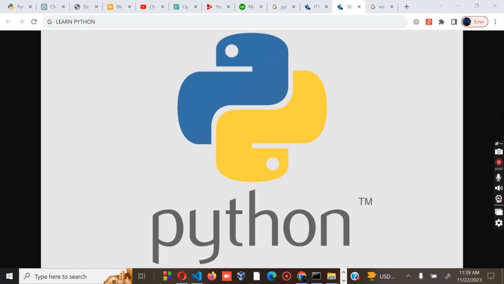The main advantage of using Python is that it works on different platforms, that is on Windows, Mac, Linux, among other operating systems. Advantage number 2, Python has a simple syntax similar to the English language, so you will find that learning Python is quite simple for anyone.